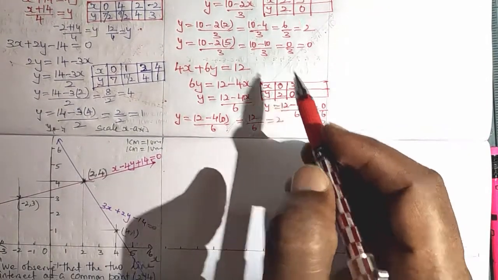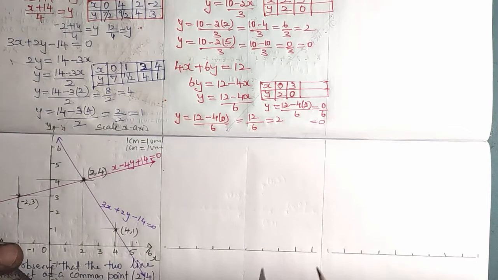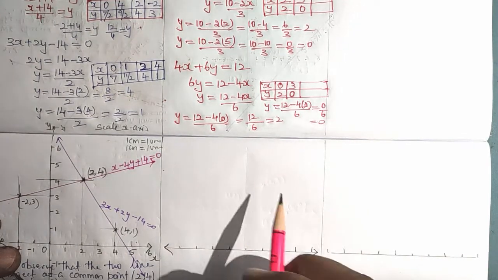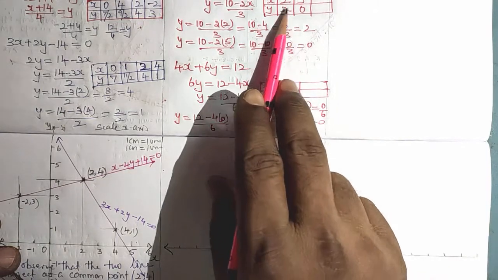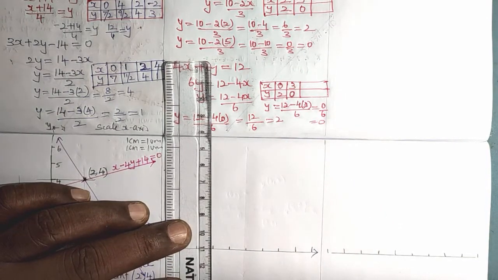So now I will plot these points in the graph sheet and try to find the solution here. Here I have drawn an axis. This is my x-axis. Now conveniently I will take the y-axis here. I am having all positive values, so therefore I will draw the graph at this end here.